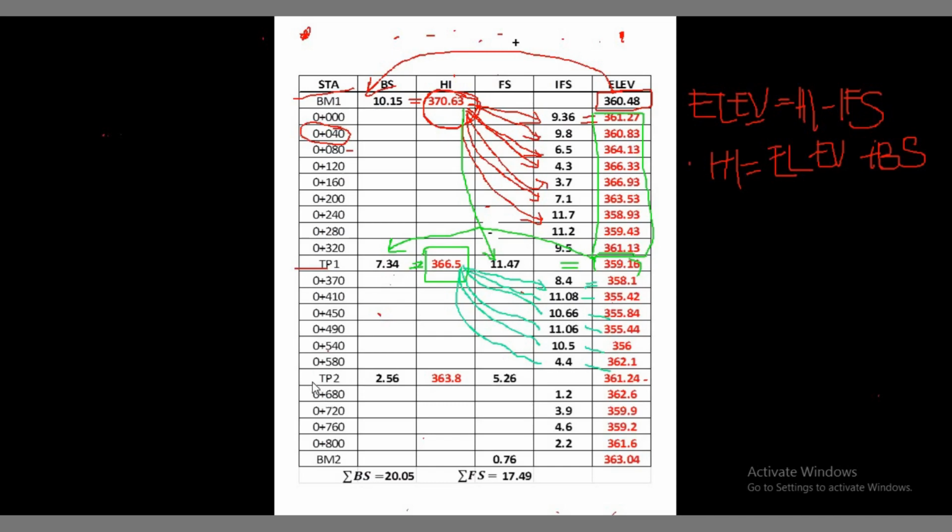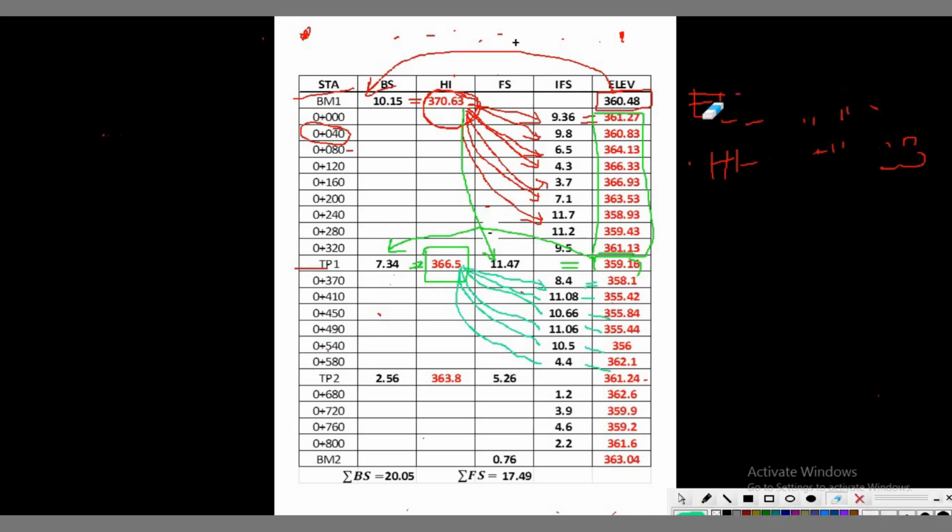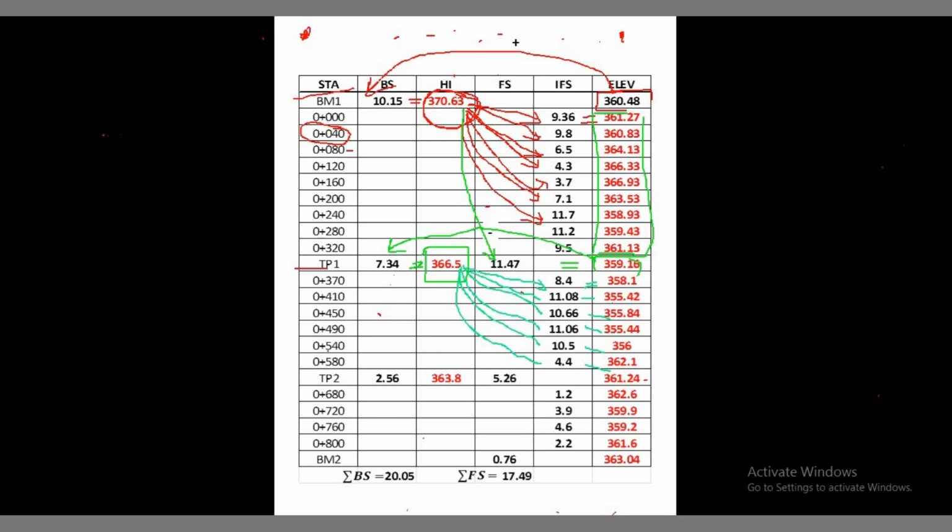Hanggang kan 0580 ah. Shucks, alas 12. Okay? Okay po. Ma'am, okay. Then,